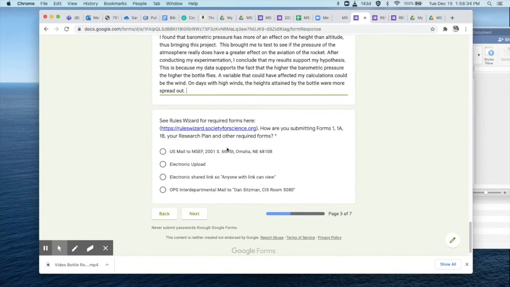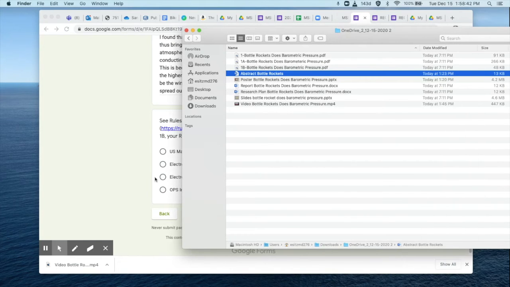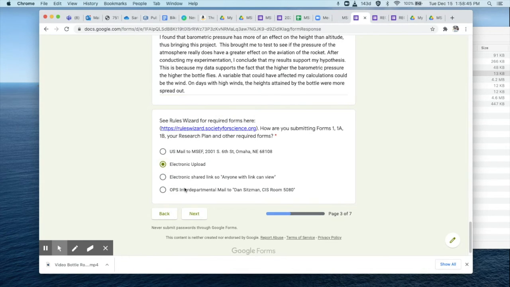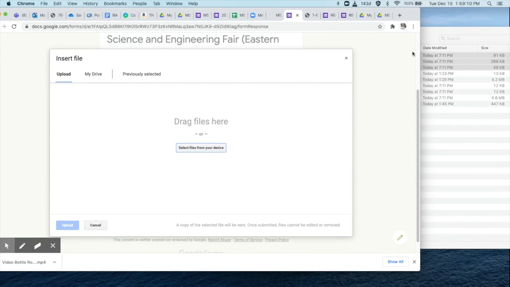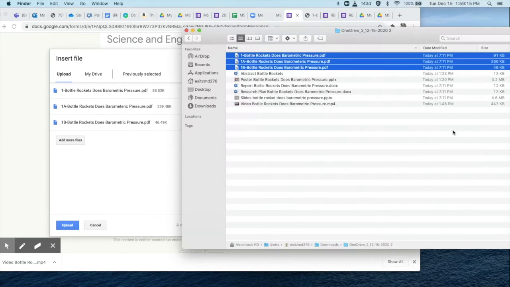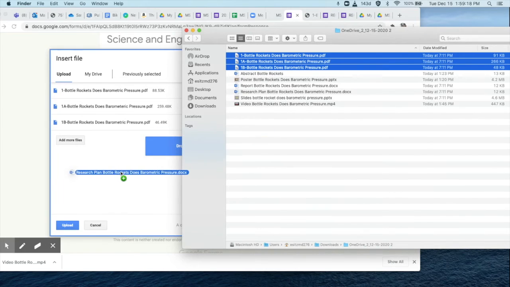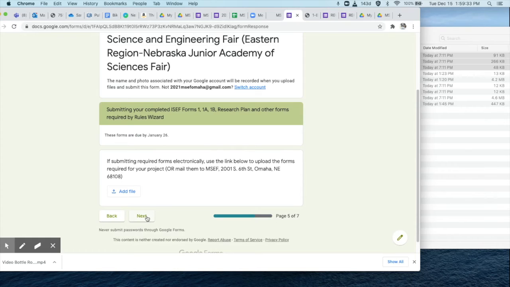Now, what am I going to do with all my forms, 1, 1A, 1B? Well, I have all those right here, so I can do an electronic upload. So now I'm going to add the forms that I need to submit. And this includes my research plan, which is different than the report. And I believe I have everything, so I will go ahead and click upload. I will then click Next,